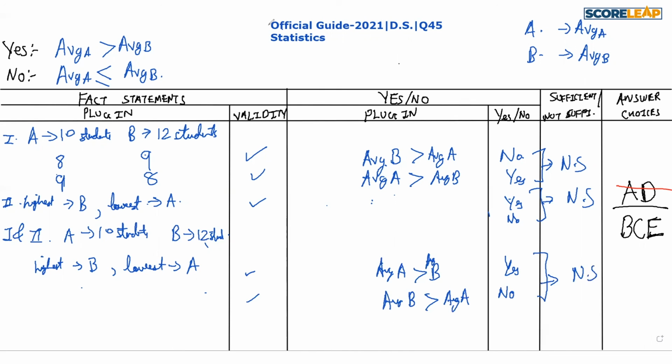So on combination also, both of them are not sufficient. Why are they not sufficient? Because they have not given us the scores of any of the students. They have given us the score for one student only, but if we had more data, then we could clearly judge. But here we cannot. So whenever statements 1 and 2 together are not sufficient, we cross C also, and our correct answer is option E. I hope it is clear.